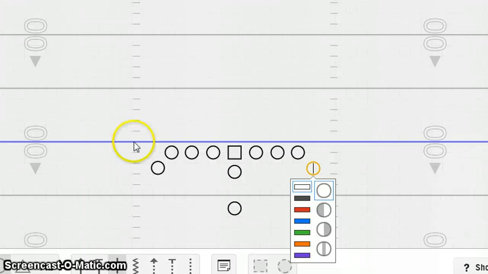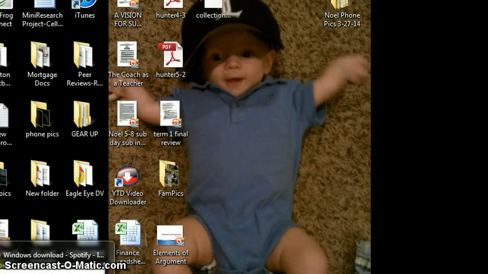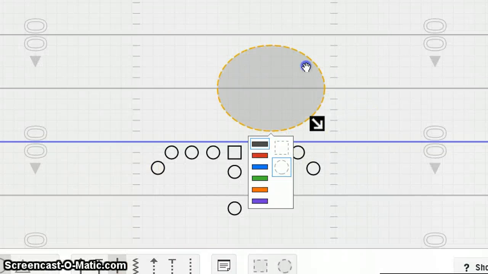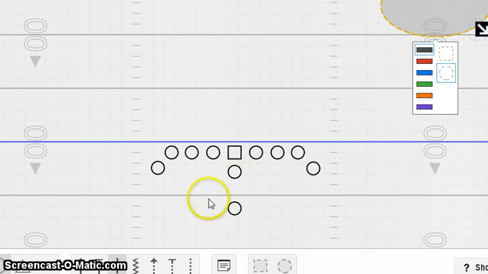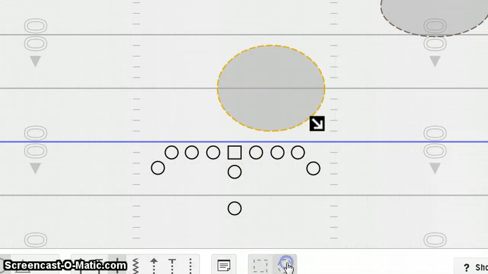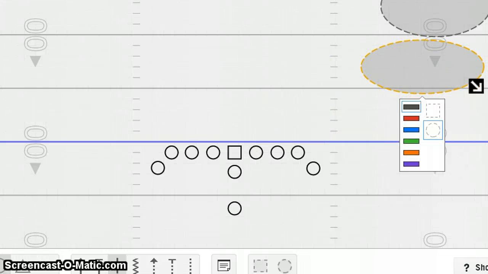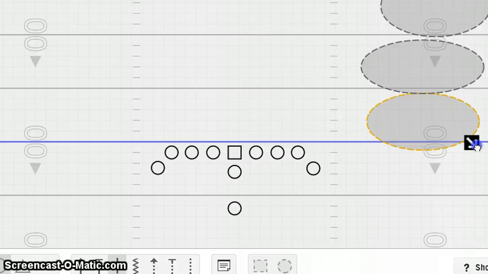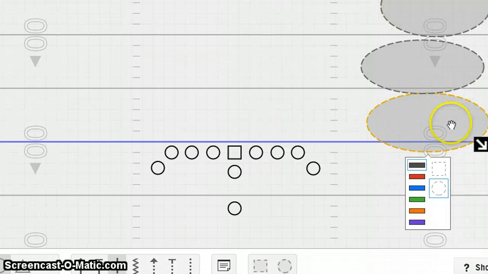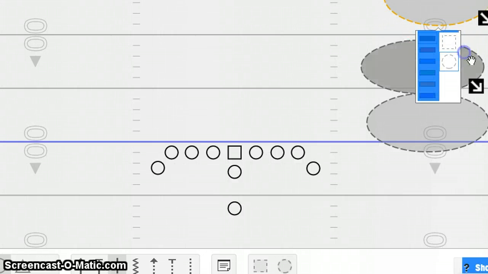In this double wing, the idea of flood is basically that we're going to attack, there's Eli. We're going to attack 3 separate zones. 1 deep. We're going to attack another intermediate and on the side, and then we're going to attack the play side flat as well. Beautiful thing about flood is it gives us all of our reads kind of in a nice little line and in a good order,